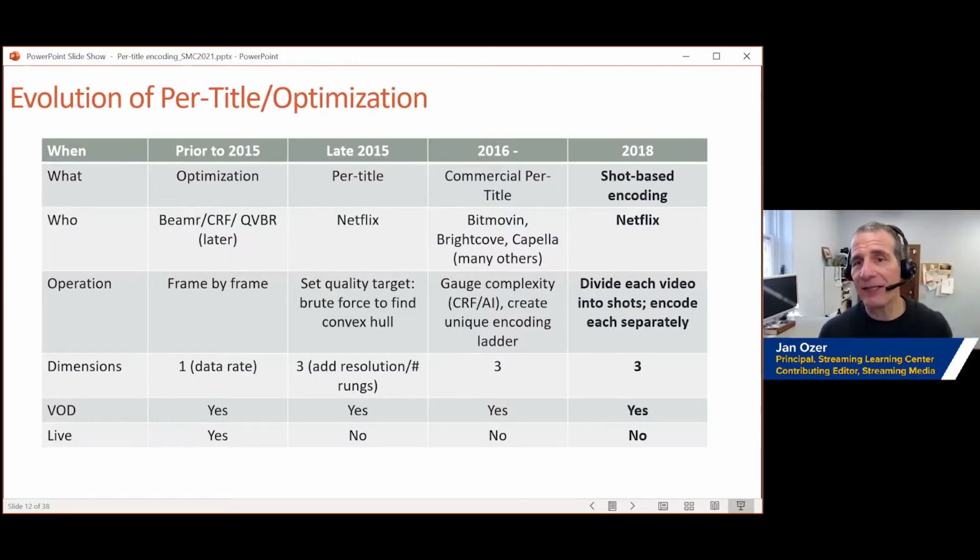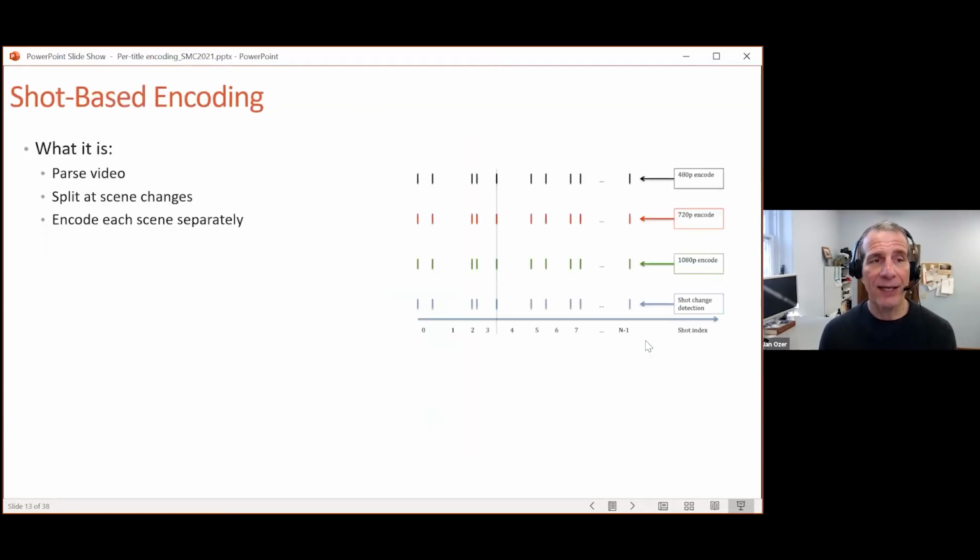In 2018, Netflix invented shot-based encoding. What you do there is you divide each video into shots and you encode each shot separately. You parse the video, you split its scene changes, then you encode each scene separately. So here we see the parsing. Here we see iframes at the different scene changes. Here we see 1080p, 720p, 480p, and we're going to encode each one of these scenes separately in each rung